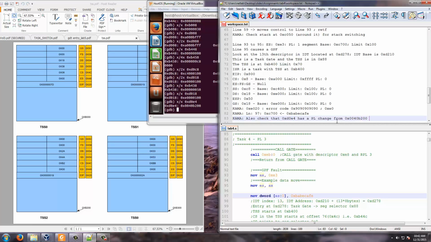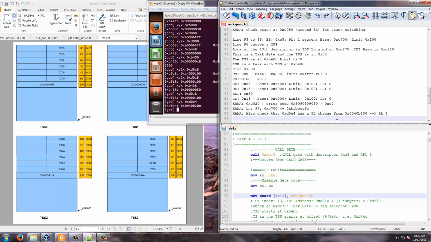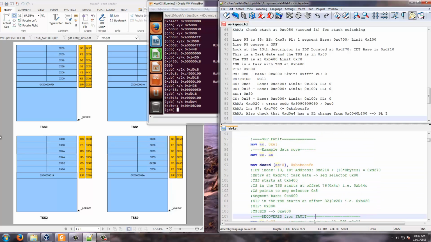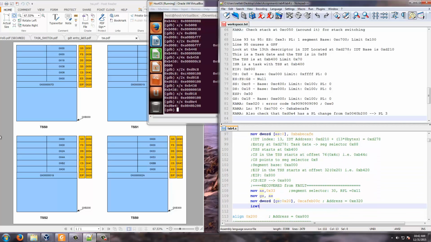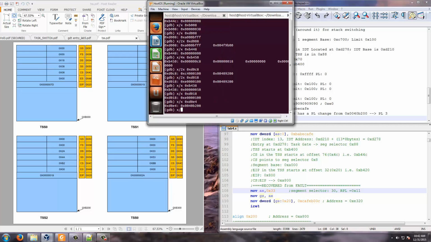So also check, it will change from 0x 040B200 to PL3. Currently it is PL1. Okay. Now when this happens, let us now go down. So we have